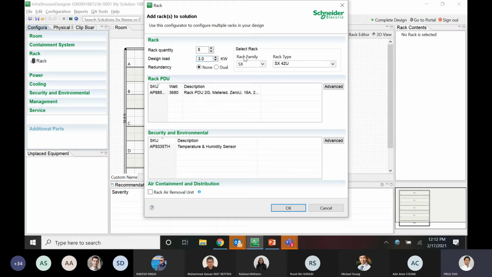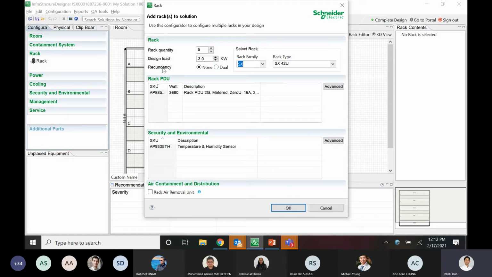You can also see the family here. You can select which family you would like to select. Right now we have only the SX family, but going ahead, we will be getting the easy racks for international. For Australia, we don't have the easy rack, but we have just recently done a release for the international region where we have enabled the easy racks. But for Australia and New Zealand, we have skipped it.